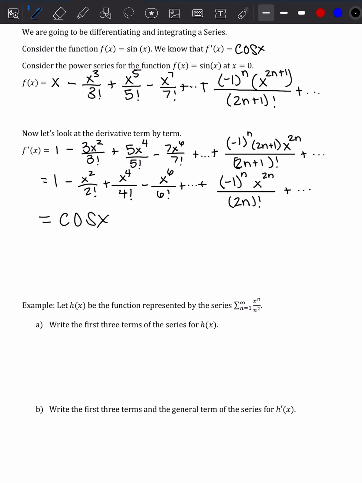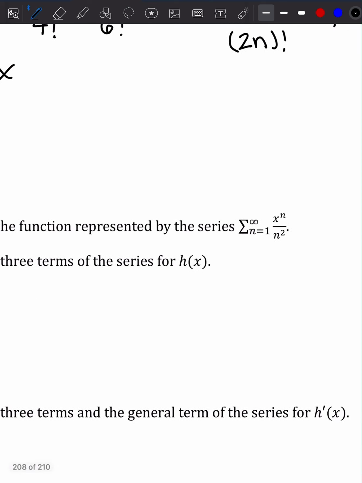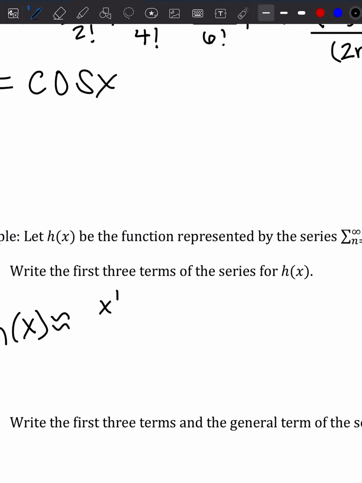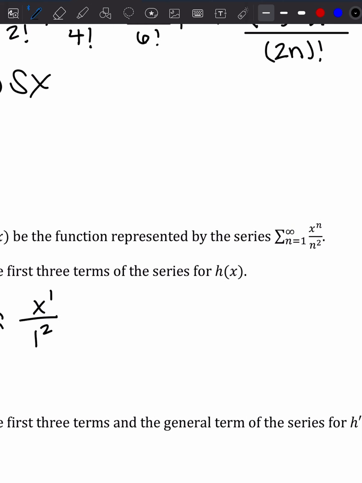A says, write the first three terms of the series for h of x. So we want to make sure that we only write the first three terms. We can write them out and then simplify if we need to, or we can just simplify as we go. I'm going to write them out and simplify just for this case. Because this is only the first three terms, we're going to use the approximate symbol. So h of x is approximately, we want the first three terms. So our first term is going to start at n equals 1. So I have x to the first